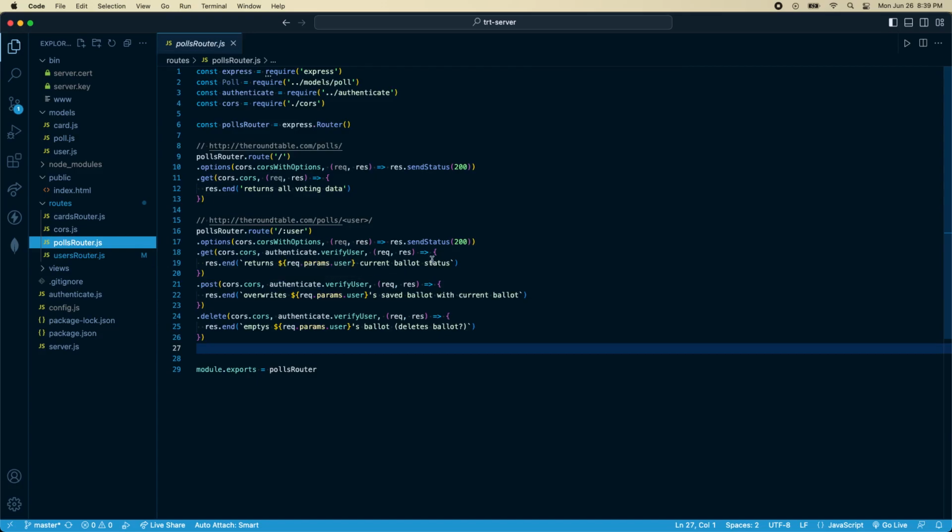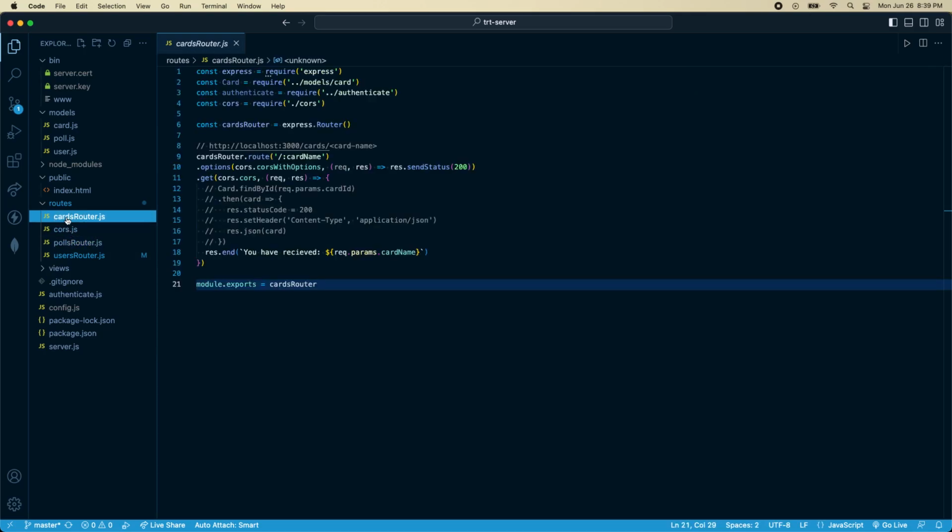The polling router, I basically just have it set up, and the data and all the business logic I ran out of time for. So there's that. For the cards, I also only need a get because this is going to get pulled from